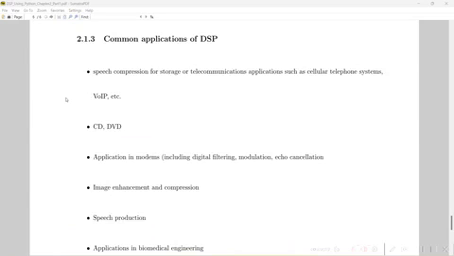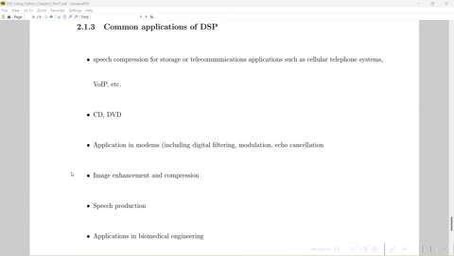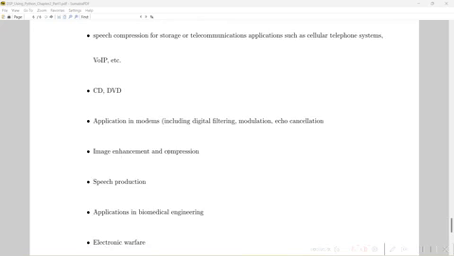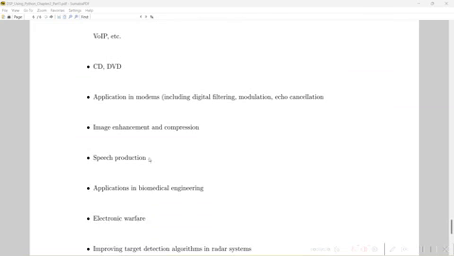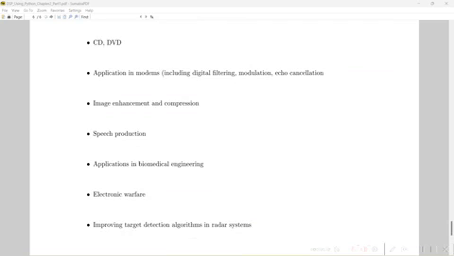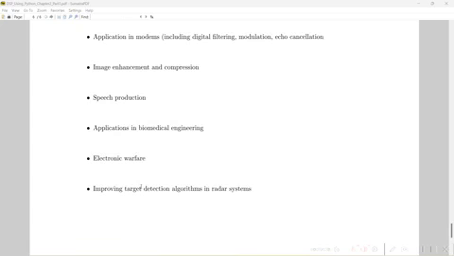Now, what about common applications of DSP? Speech compression for storage or telecommunications applications such as cellular telephone systems, VoIP, etc. CD, DVD, applications in modems including digital filtering, modulations, echo cancellation, and image enhancement and compression, speech production, applications in biomedical engineering, electronic warfare, improving target detection algorithms in radar systems,